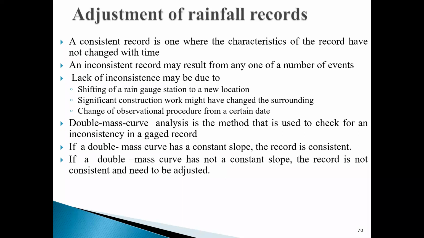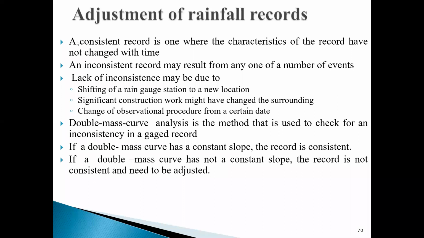Since the environment surrounding the rain gauge has changed due to many reasons, now we have the rain gauge data at that particular station. In order to follow the trend after the change in the surrounding environment, we can adjust the rainfall record at that station. Thereby we can calculate the average annual rainfall of that particular rain gauge station. Now, adjustment of